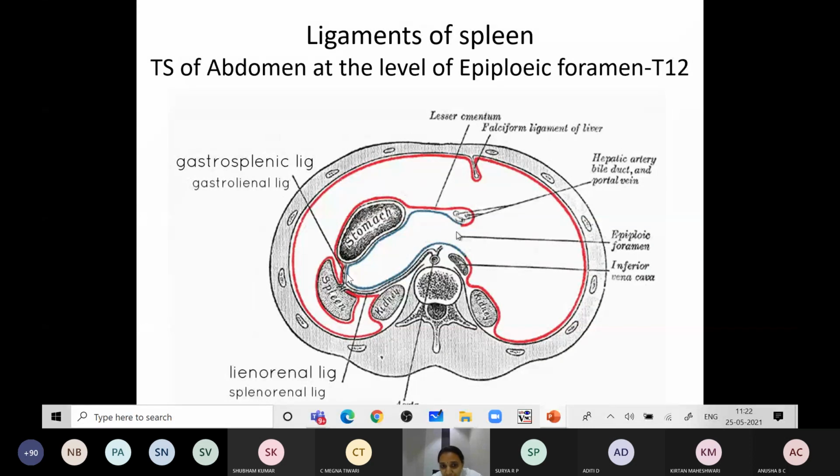You got this? Like how the reflections from the stomach to the spleen and kidney help in the formation of the gastrosplenic ligament and lienorenal ligament. You understood this? Yes, okay. The anterior layer of the lienorenal ligament covers the anterior surface of the kidney and the middle part of the posterior abdominal wall, and thence it continues with the peritoneum of the greater sac. You can see the continuity.